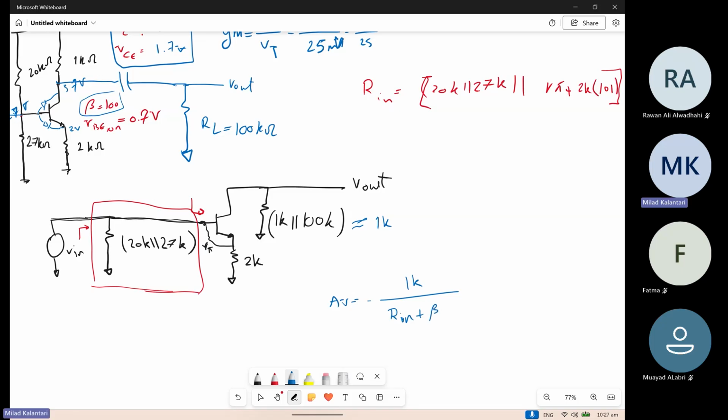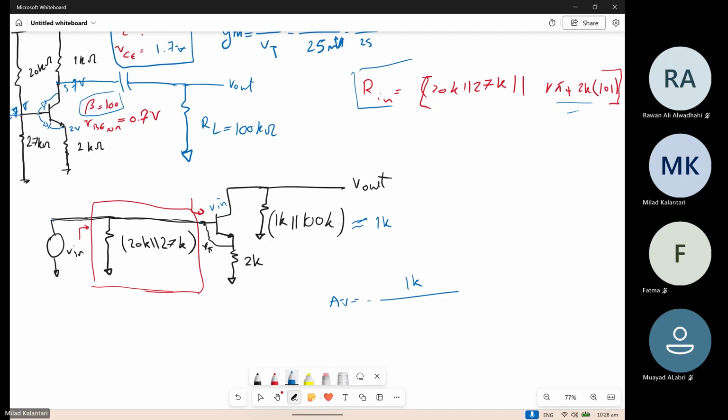You mean like this? Oh, so we already have it here in Rin, right? Rin is here. So basically Vin is already here, at the base,